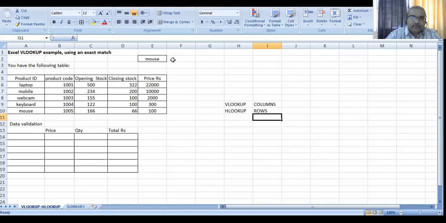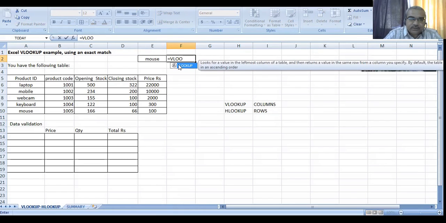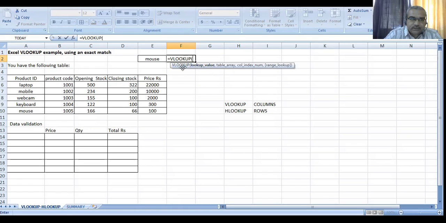Now we will see how to use VLOOKUP to search any value from a range of table. Just enter equal to, then the function VLOOKUP. You can see its syntax is like this: VLOOKUP value, table array, column index. First of all, which value you want to locate in the table. So I will just select this one, E2,